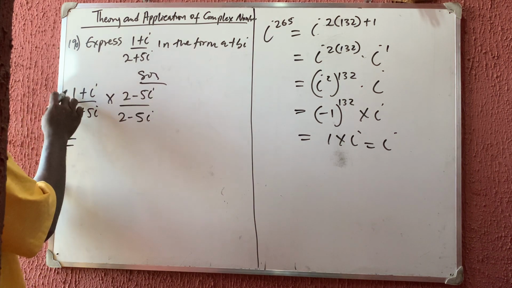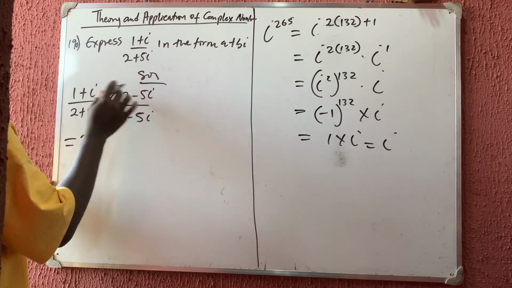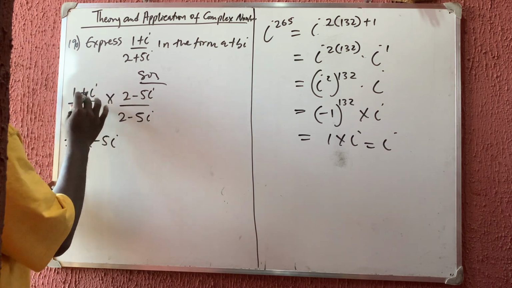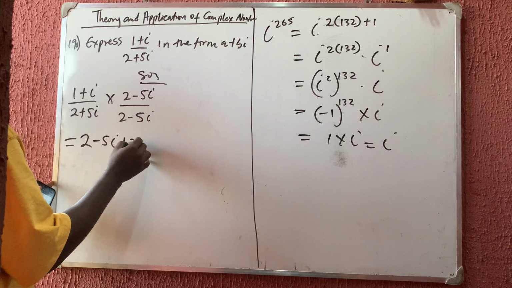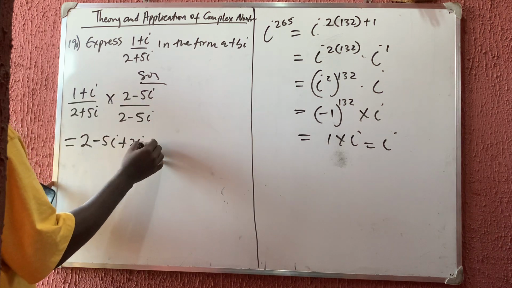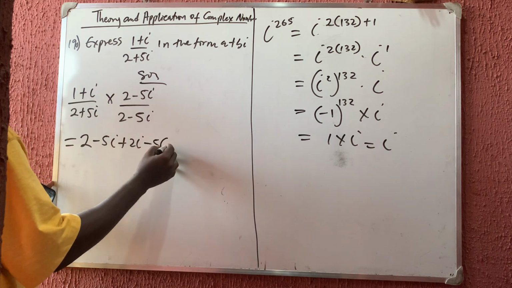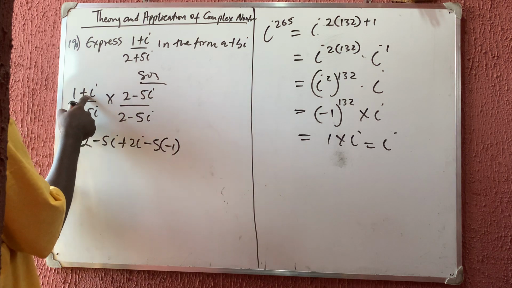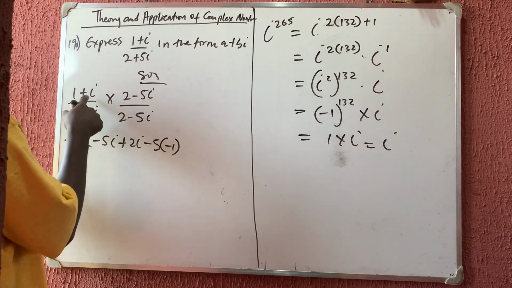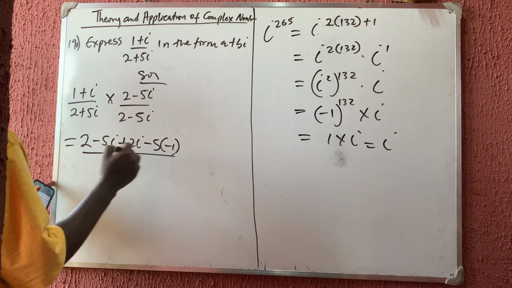So this is equal to 1 times 2 is 2. 1 times this, minus 5i. i times this, I have plus 2i. Plus i times minus 5i, which is minus 5 times i squared, which is minus 5 times minus 1. Okay, 1 times minus 5i is minus 5i. i times i is minus 1, all over